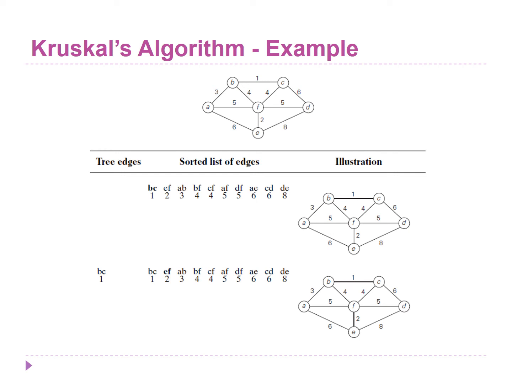Including BC in the minimum spanning tree does not form a cycle, and it has the minimum edge weight, and hence it is included